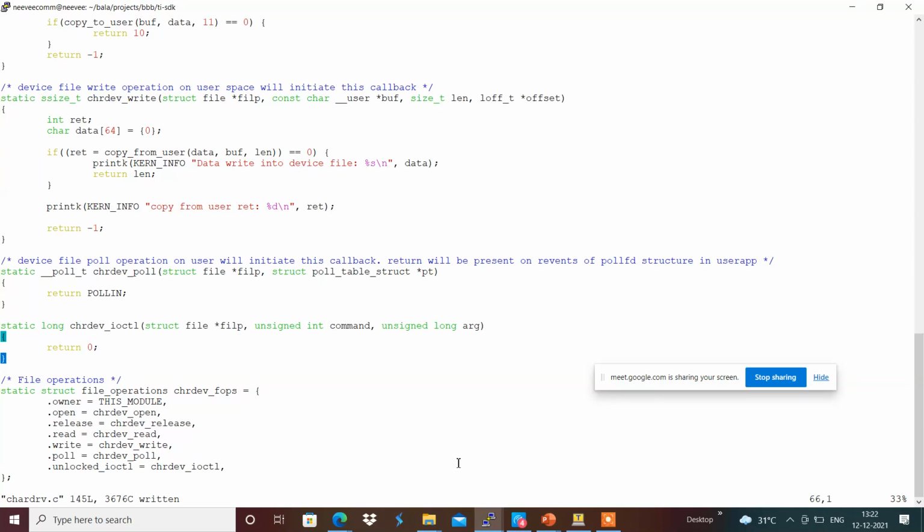The command definition should be exposed to the user application as well as the kernel driver. For that, we are going to define a header file with the command definitions.